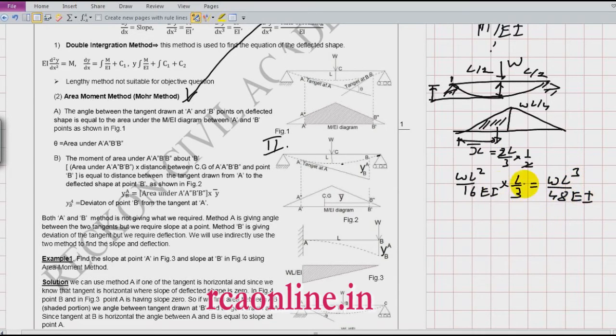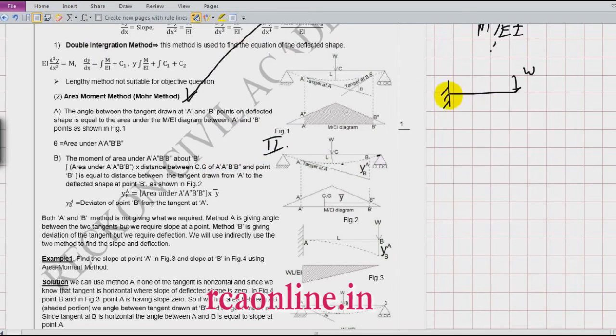Is it okay? So friends, again I am able to use this for only one, that this beam is symmetrical, and second, that the load is giving an easy geometry for which the moment taking is very easy. Is it okay? Now I will take another problem. So this is a cantilever of length L and load W. So what will be its bending moment diagram?